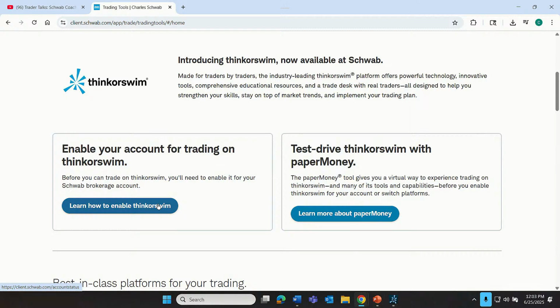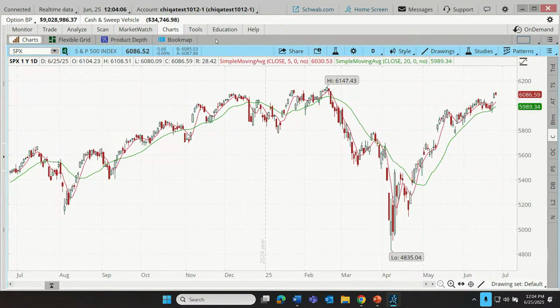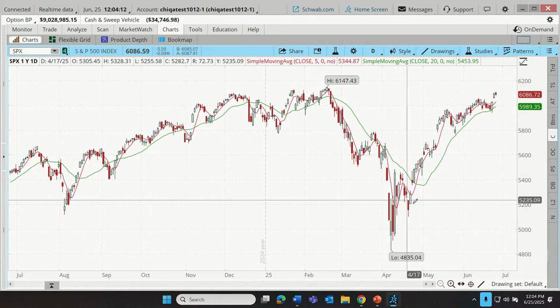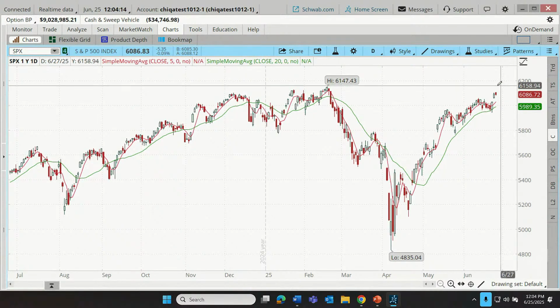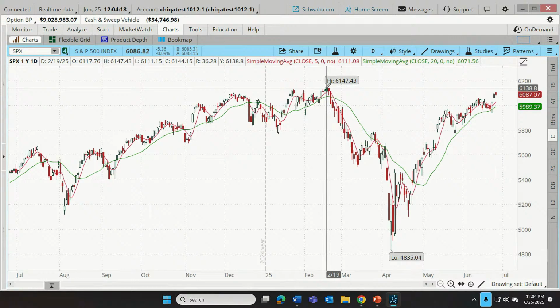And you just log in using your Schwab login credentials. All right, but that will take you to Thinkorswim Desktop, which I now have loaded up on your screen at this moment. Now, right now we're just looking at the chart of the S&P 500, but with the S&P continually pushing higher and higher and now less than 1% below all-time highs, I think that stocks are on the minds of a lot of investors and traders out there.